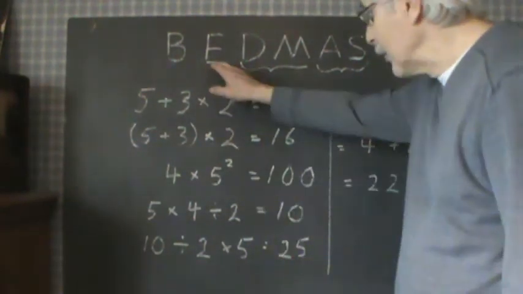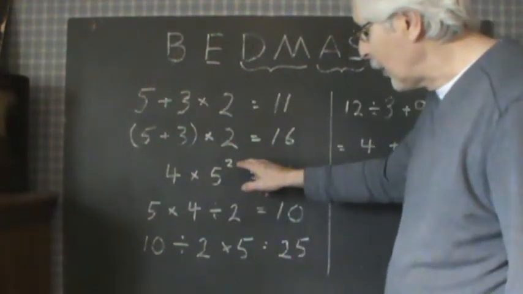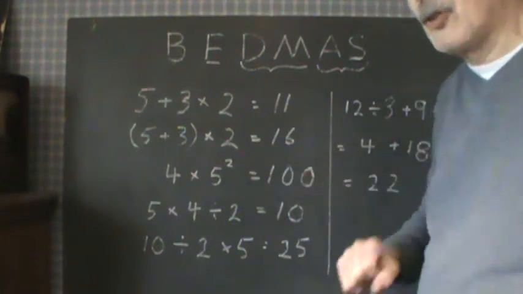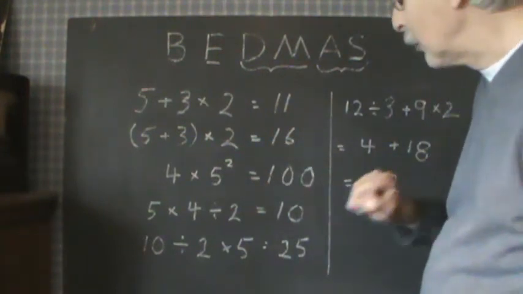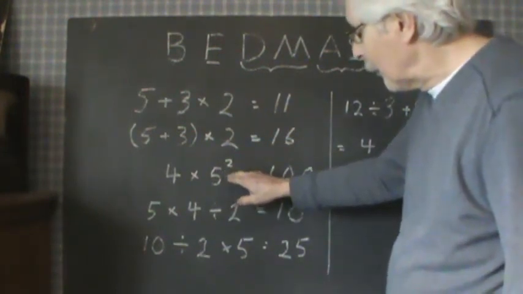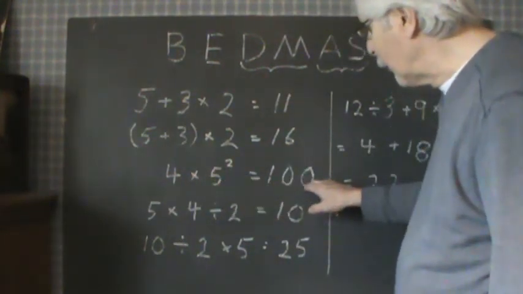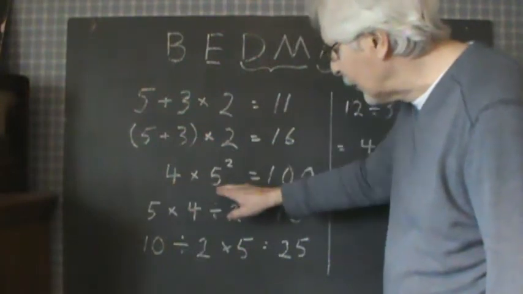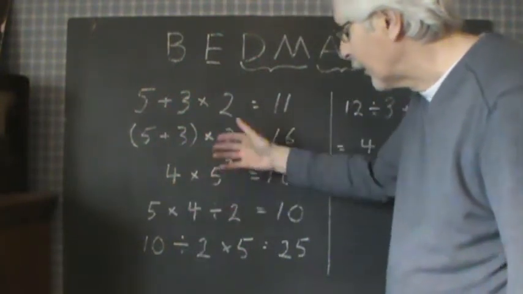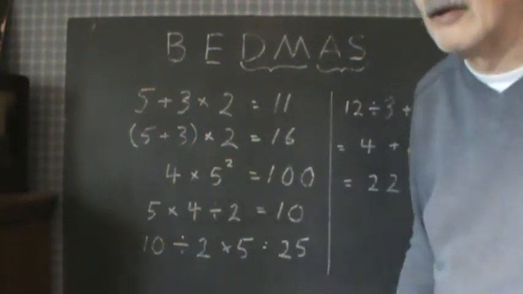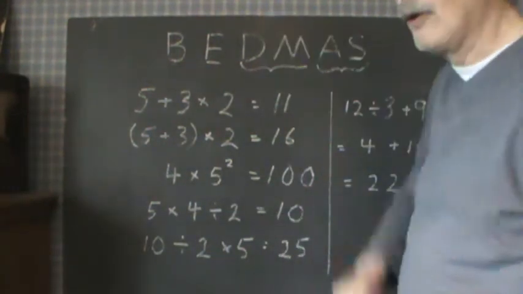As far as exponents go, if you have an exponent on a number, 5 squared means 5 times 5, so you have to do that first. That's 25. 4 times 25 is 100. Don't multiply and then square. You're going to end up with 20 squared, which is 400, and that's not according to the rules that we're